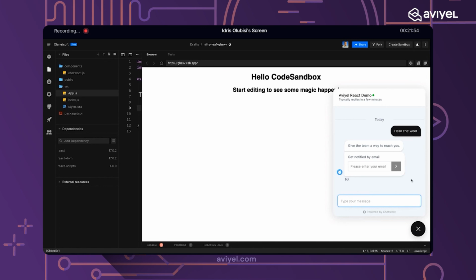Another way is by getting notified via email. Should one or two reasons make you close the tab, or you were not able to track where you were earlier on, having your email registered, you can always continue the conversation via email.